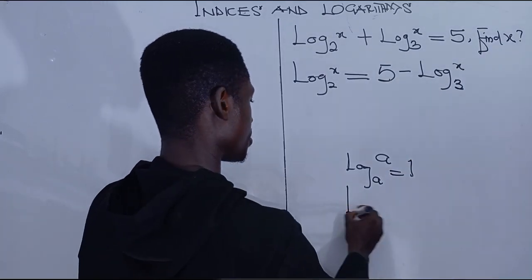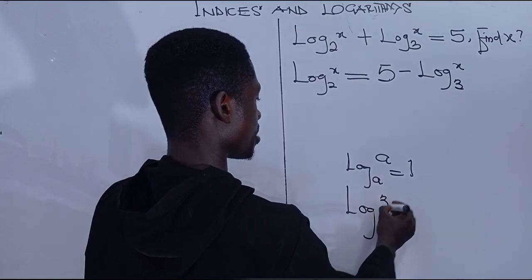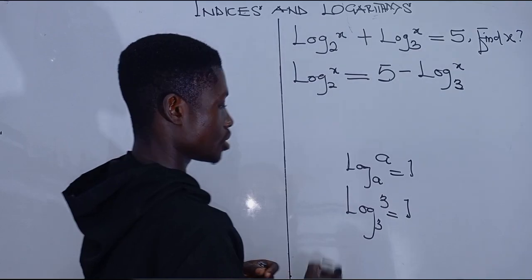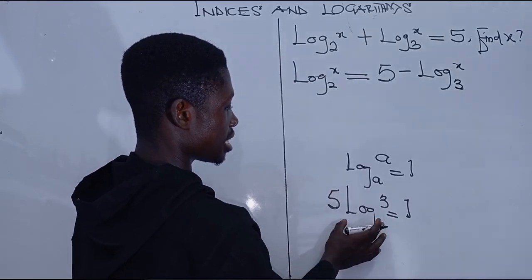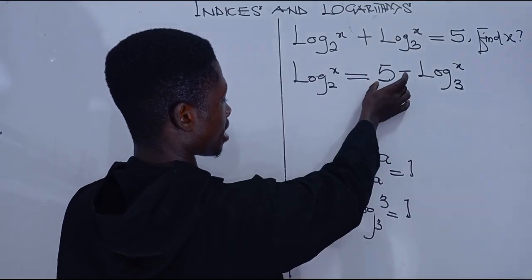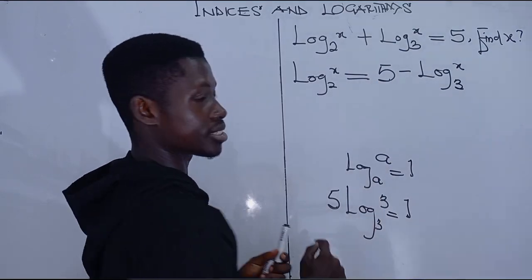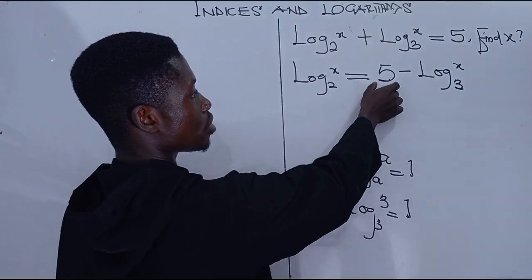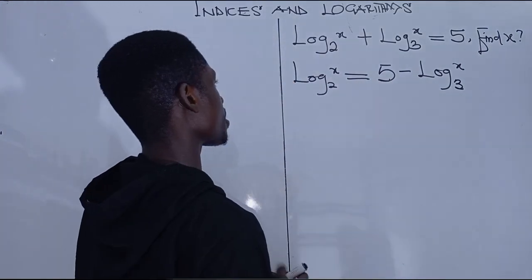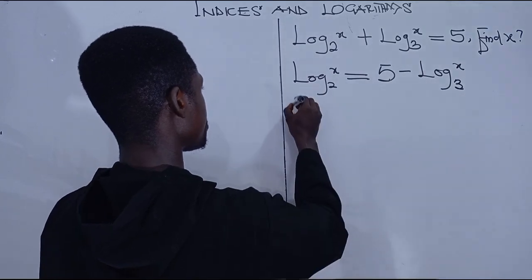Therefore, log of the number 3 to the base of 3 will give us what? 1. So when we multiply it by 5, this will be the same as that. So in place of this 5, we are going to substitute the whole of this, and we have done nothing to the number 5. So we are going to have